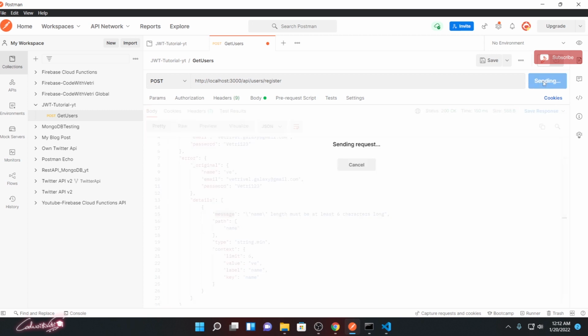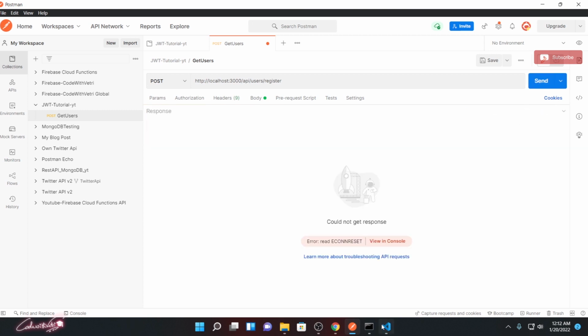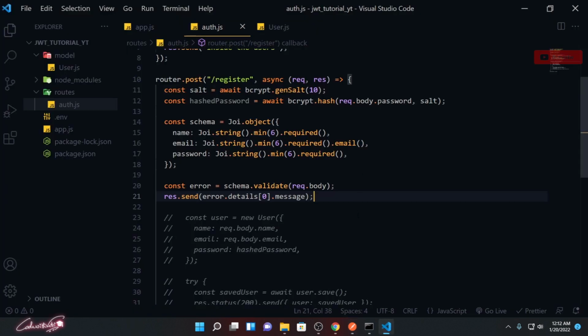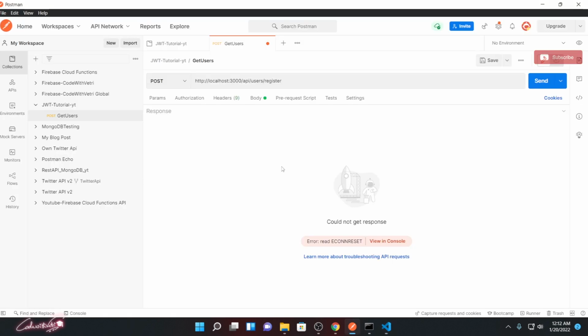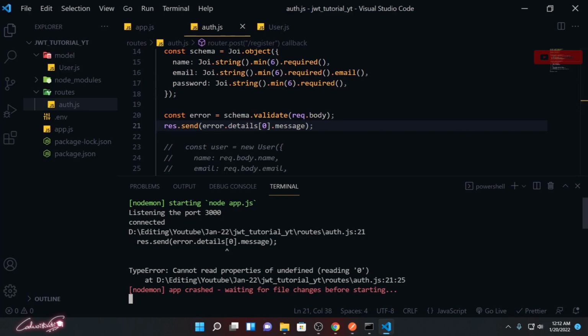Now if I send it again, what happened? Control J, the app is crashed. Why has it crashed? Details 0, it's showing error.